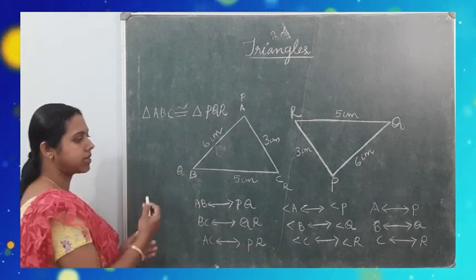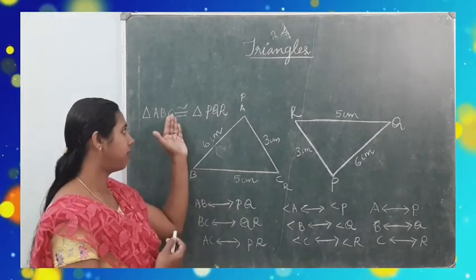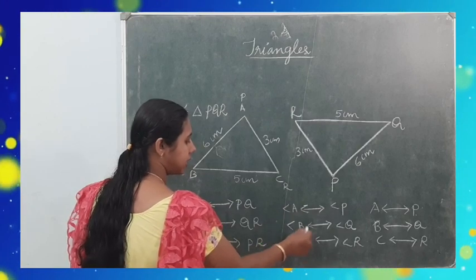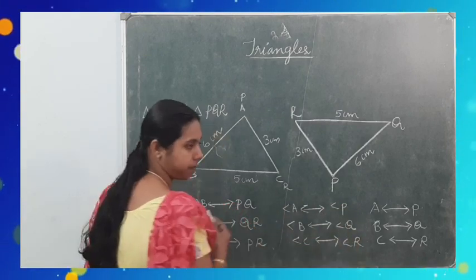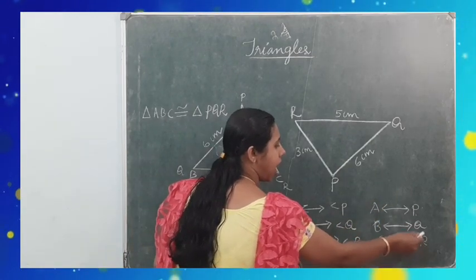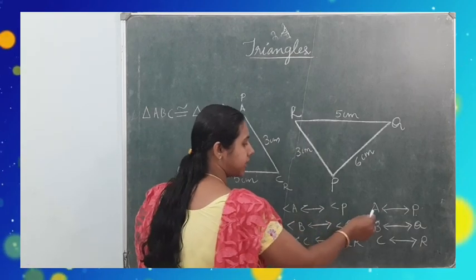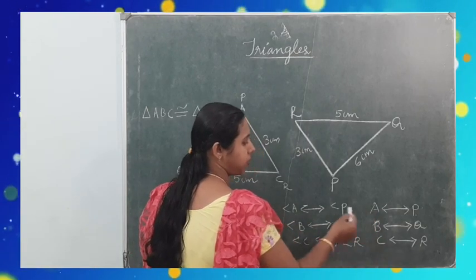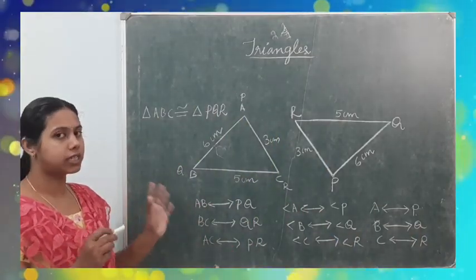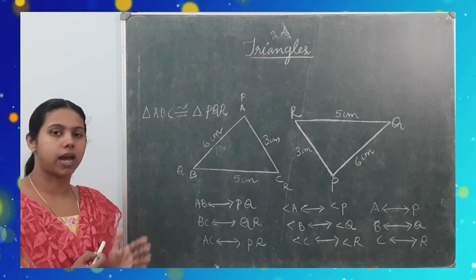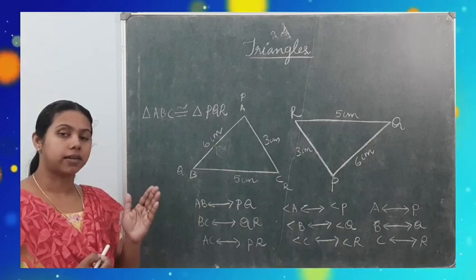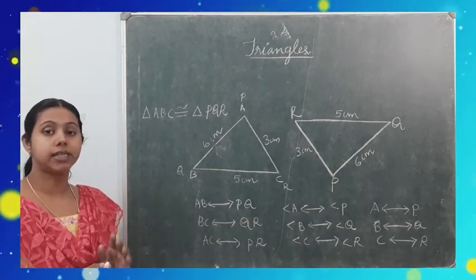If the correspondence is proper, then you can write it very easily. Suppose you start from BAC, then QPR. Or if you start from C, CBA corresponds to RQP. Or you can start ACB corresponding to PRQ. That way also you can write. So when you are writing the symbolic form, it is necessary to write the correspondence of vertices correctly for writing congruence of triangles in symbolic form.